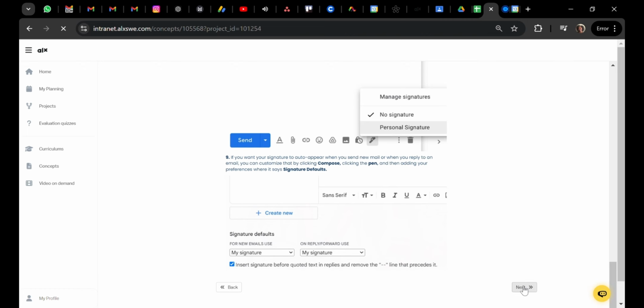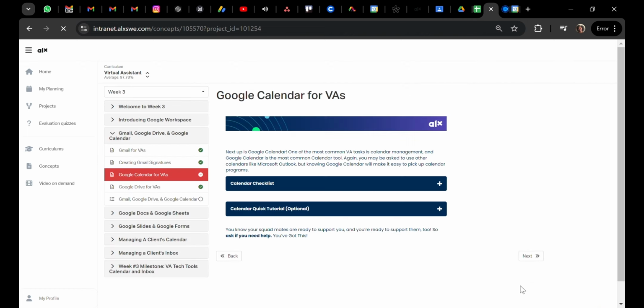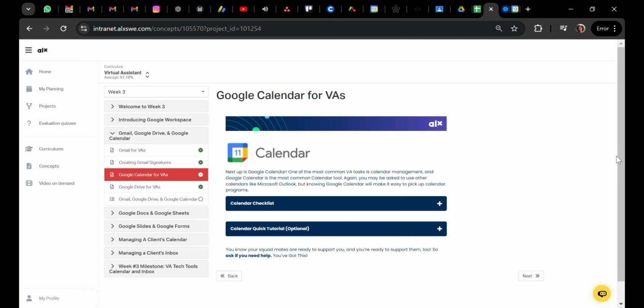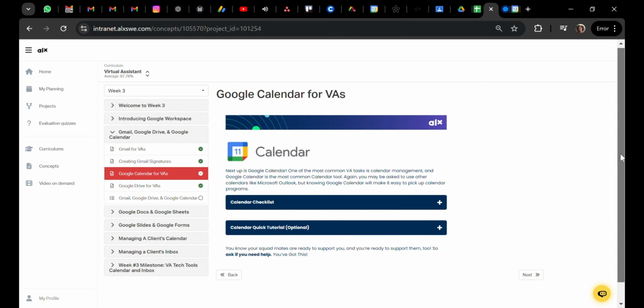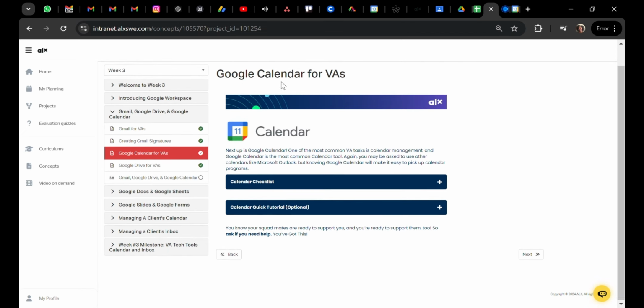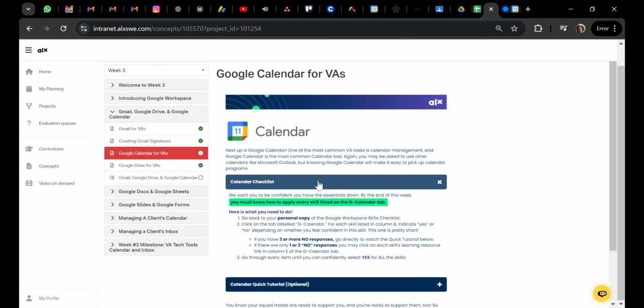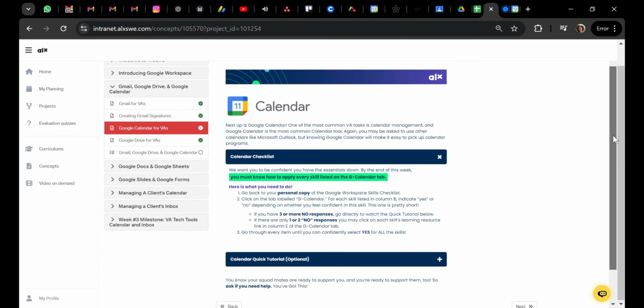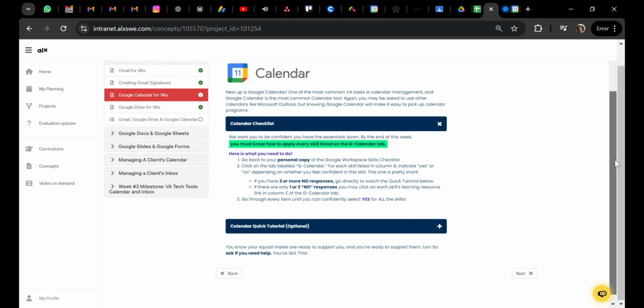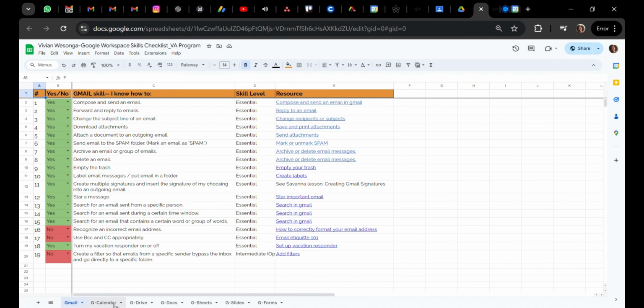Now when you go to the next section, we are going to do Google Calendar for VS. This is about creating or managing your calendar. You can see there we have the calendar checklist. This same calendar checklist, we already have it in the checklist that we saved. When you go to the checklist, the next sheet indicates G Calendar.